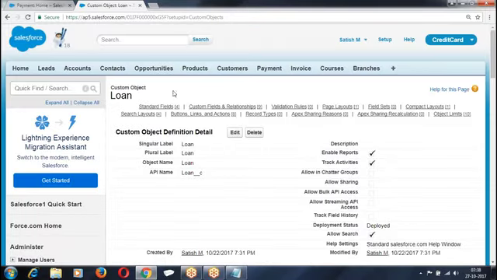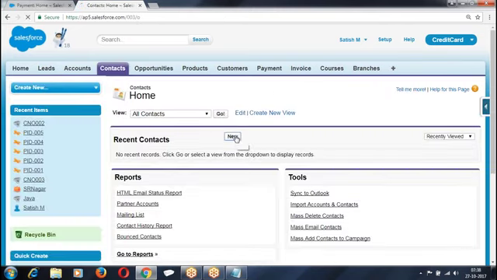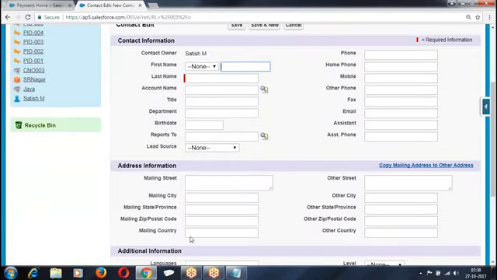Once the formula is created, how can you see it? You have to go to the detail page. On the edit page, formula values will not be displayed. Only once the record is saved will you be able to see the formula fields.